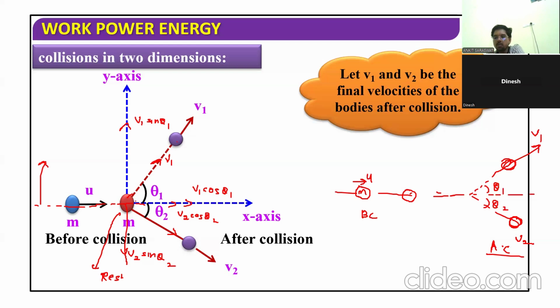So here is particle motion in 2D. 2D means two dimensions, so conservation of momentum we will apply in x and y both. This is x and this is y. Clear? Along x axis, initial momentum along x axis equals final momentum along x axis. So initial momentum along x axis will be